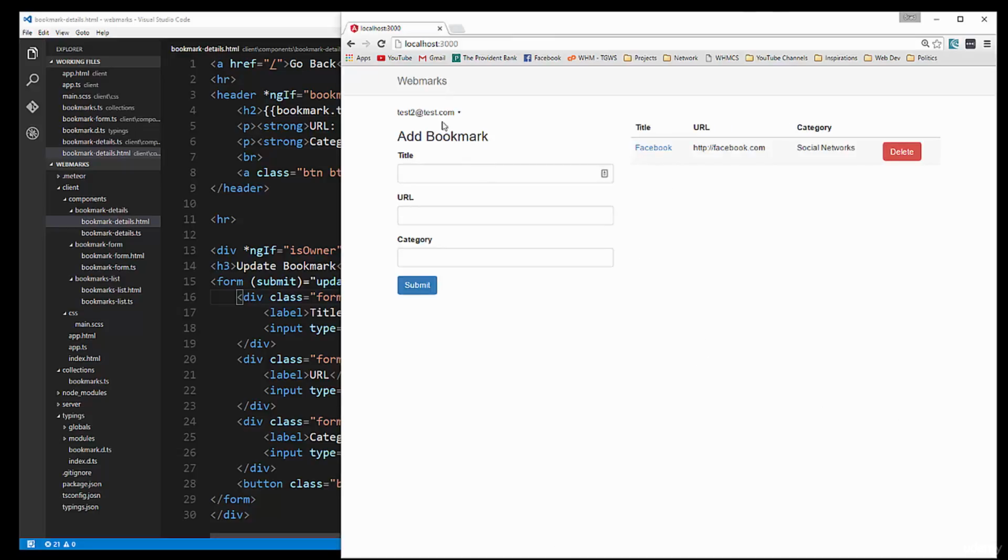Alright, so I think that we're going to stop here. Now obviously this probably isn't an application you would have in production, but I think it's a good example to show you how to bridge Angular 2 with Meteor, and hopefully it wasn't too complicated to understand, and hopefully you enjoyed it,